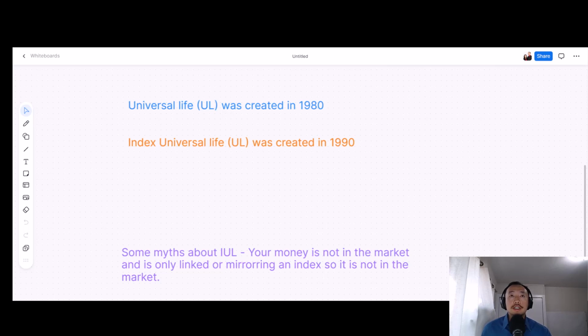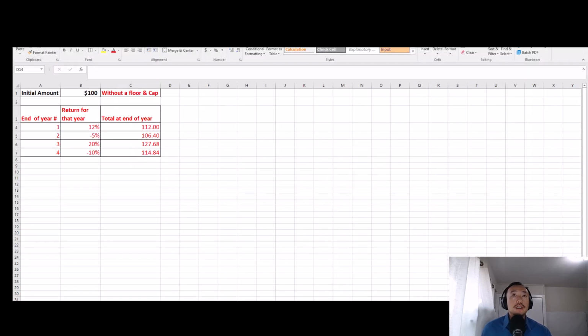And the maximum you can receive on your cash value growth is called a cap. So for instance, if the index you are linked to yields a 10%, 11%, 12%, then guess what? You'll get a 10%, 11%, or 12% on your cash value. But if the index that you're linked to is yielding higher than the cap, the insurance company gets to keep anything above the cap in exchange for protecting your money from going negative. So let's see what it looks like with a floor and cap applied to some numbers for an example, and I'll show you what it looks like with a floor and cap for comparison.